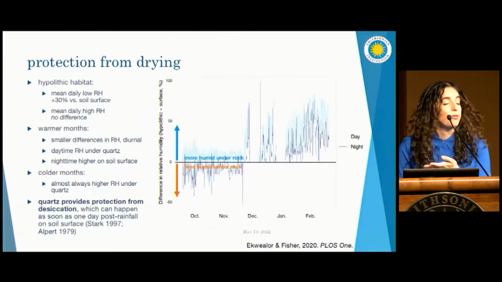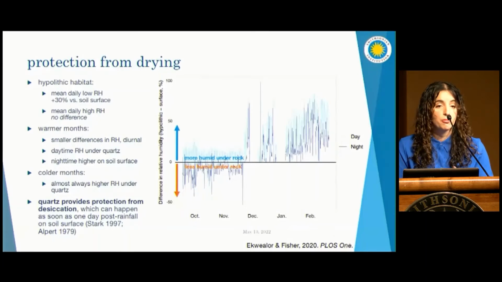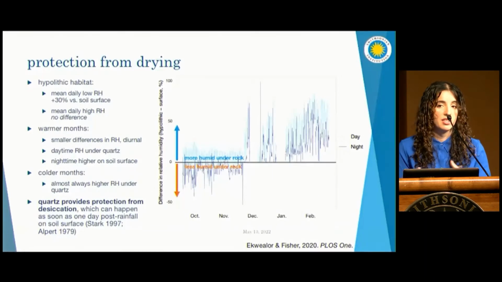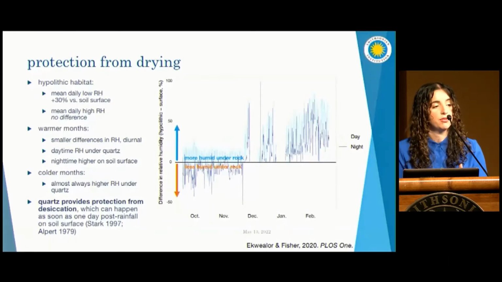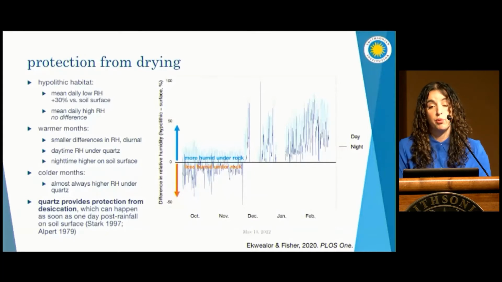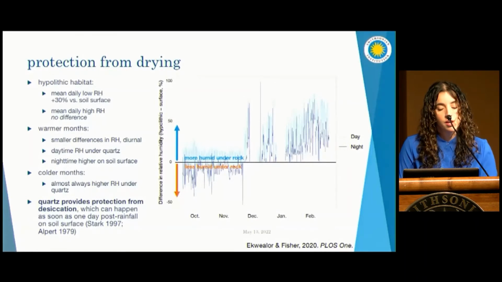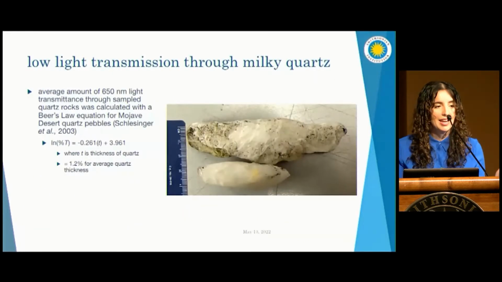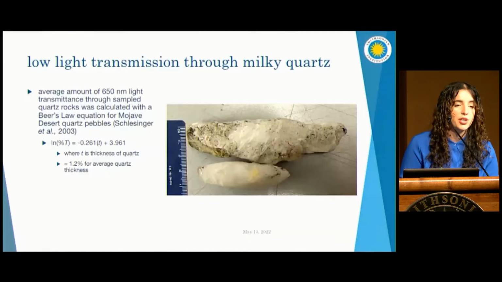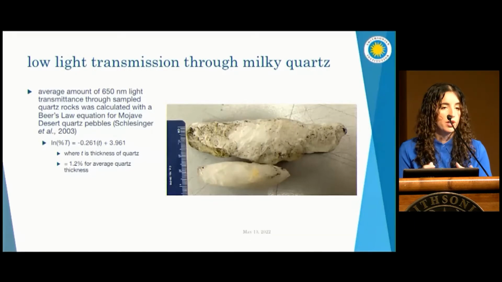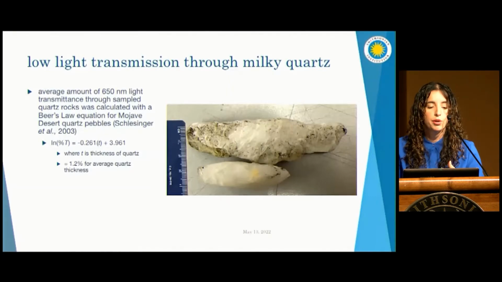When they desiccate, they can't grow, they can't do anything. And in the deserts, desiccation can happen really quickly after a rainfall. So any extra time can be really important, which it appears to be based on their growth. But I keep mentioning this photosynthesis thing. They do need light, and these rocks, although apparently translucent, look really white, they look opaque. So we wanted to know how much light was actually getting through.